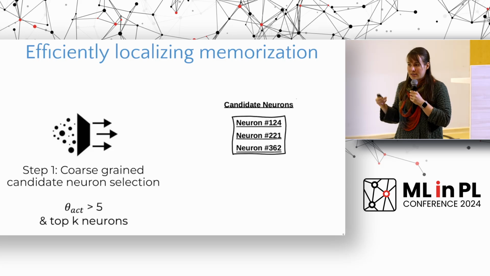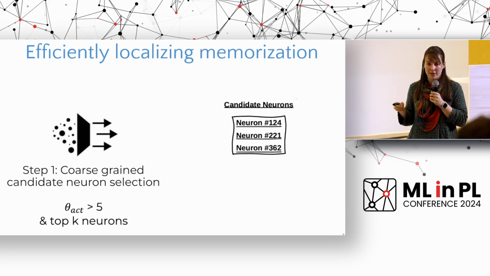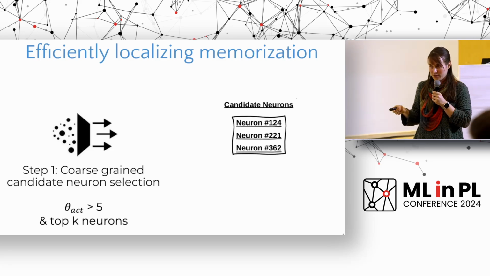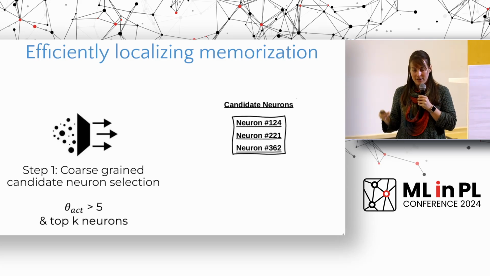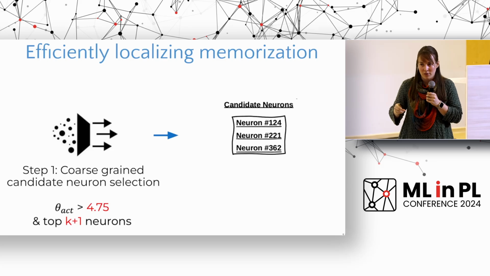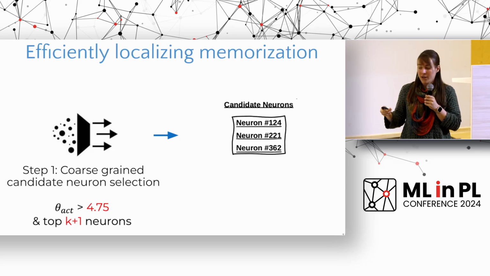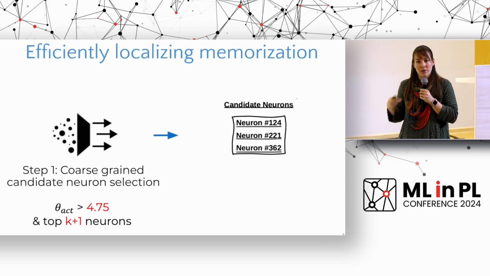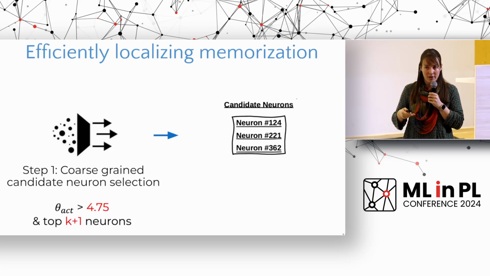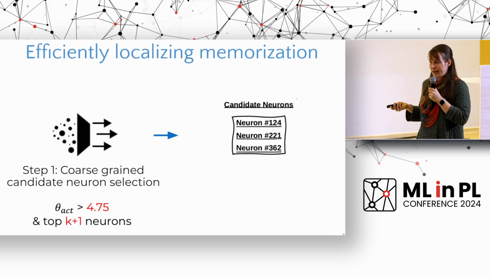And what we now do is, in a single step, we zero out all of these neurons. And then we compare how memorization changes between the non-zeroed-out version and the zeroed-out version. If memorization is mitigated, then we know that we have a good initial candidate set. If memorization does not decrease yet, we lower our threshold. The lower the threshold is, the more neurons are included in the possible candidate set. So now we have more neurons in the candidate set, and we do the same thing again. We zero all of them out. We see how it affects memorization. Does it stay the same or does it go significantly down? If it goes significantly down, we are there, and we have our candidate set.